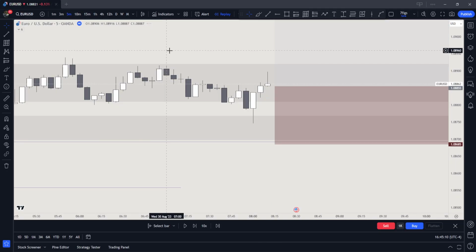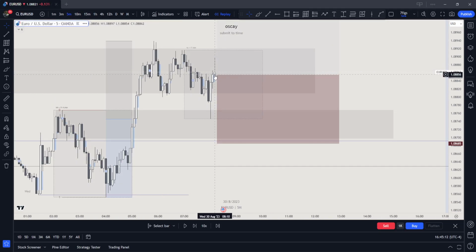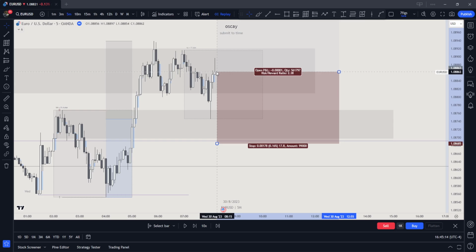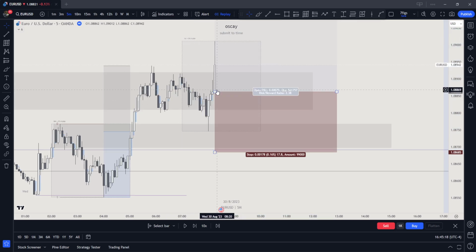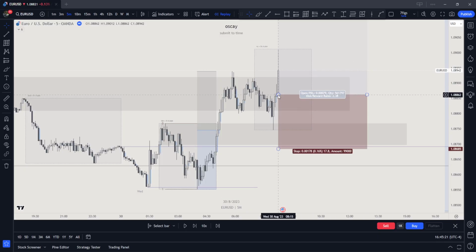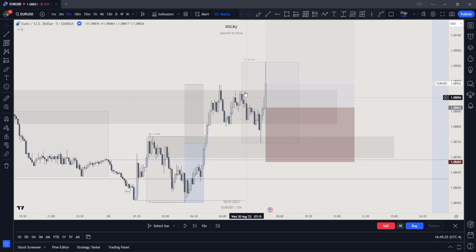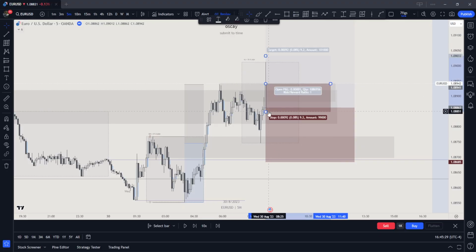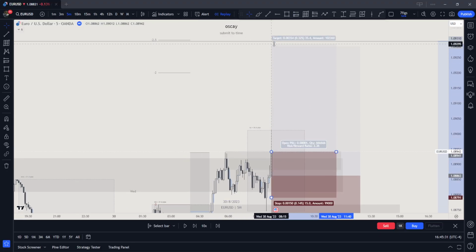And this is a nice trade. Fair gap right here. I'm just market executing when I see this closure. Oh, the news was instantly after. I did not realize that. That was 8:30. It is nice. Why? Because this will be your breaker. And you can pyramid here. Targeting this.